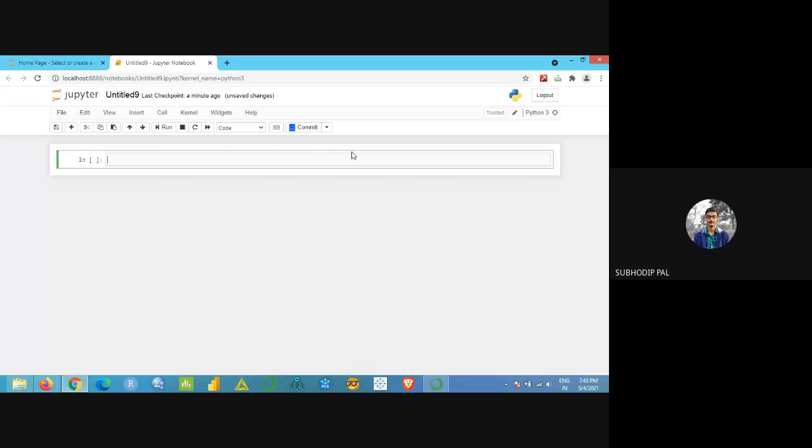Whenever you're importing an Excel file, you had to install one package, the Excel package. So it's almost similar. You first need to import the library in Python, then you can run the code. There are different libraries, pandas, numpy, and many more. We'll come to that.